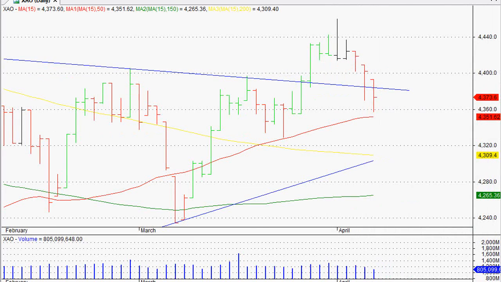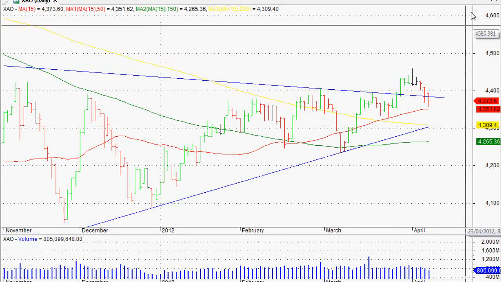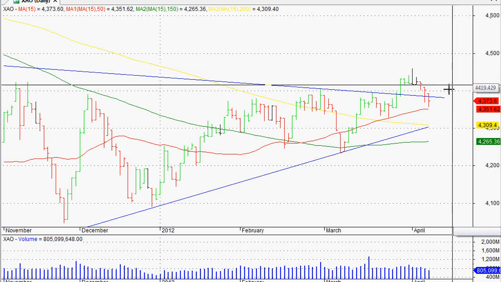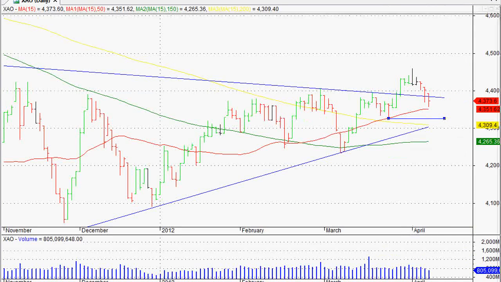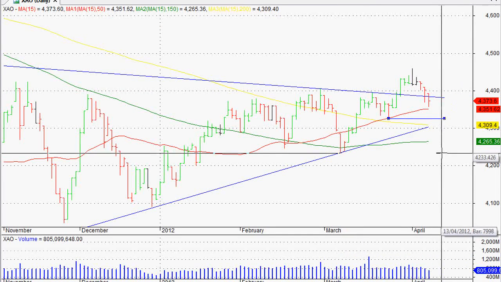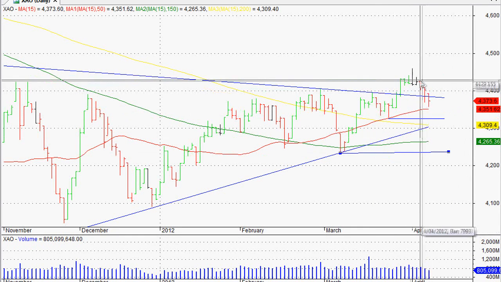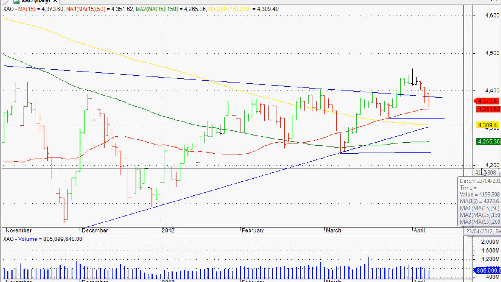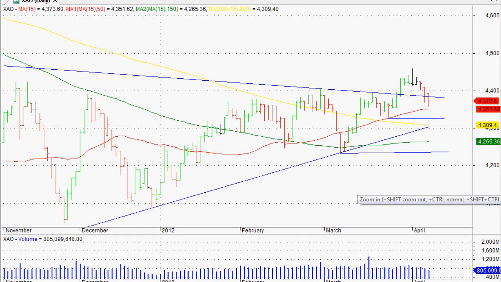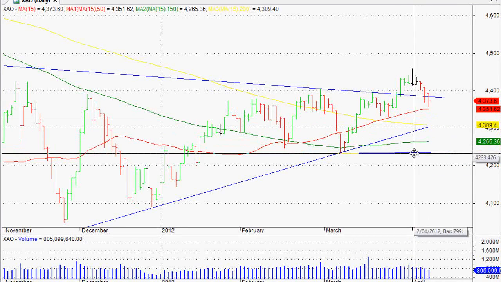I'm still holding long positions, ones that I've previously bought, in the All Ordinaries. The trigger, the market switch for me, would be a short-term close below this one here at 43.25. And for a medium-term signal, it'd be below this one here, which should be about 42.30. If the market comes down below those two levels, that would stop me from taking any more long positions in the market, and I'd let my current long positions stop themselves out over time, as the trailing stops evolve. So yeah, that's pretty much the All Ordinaries.